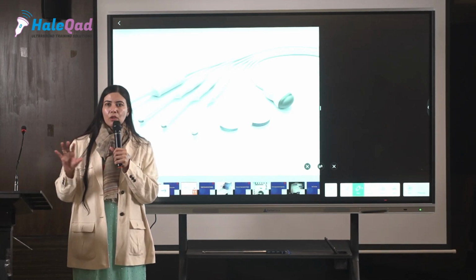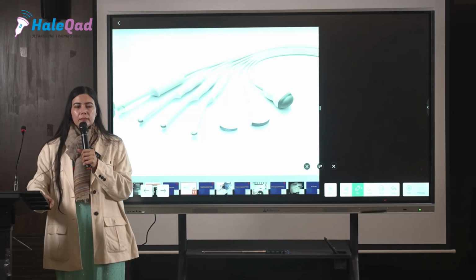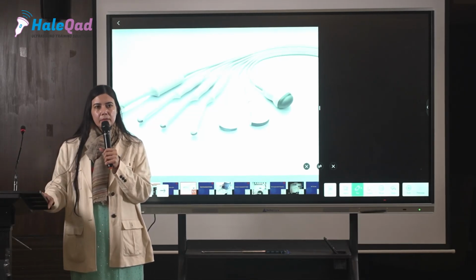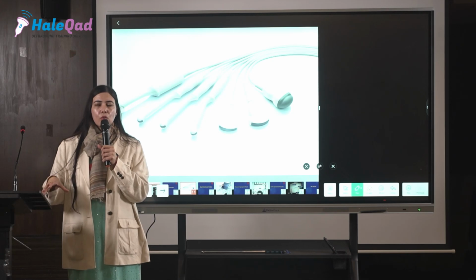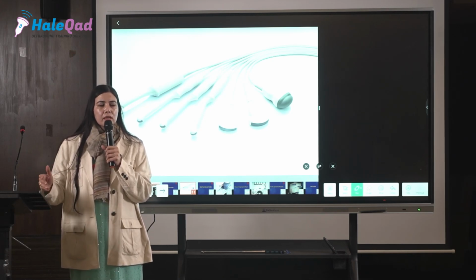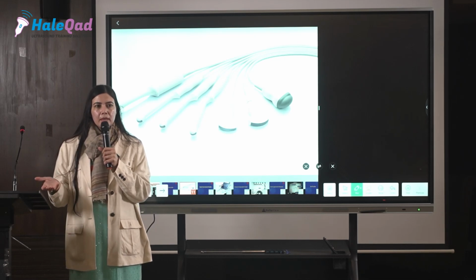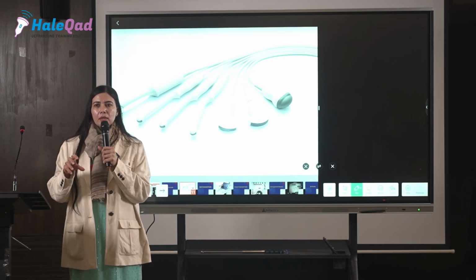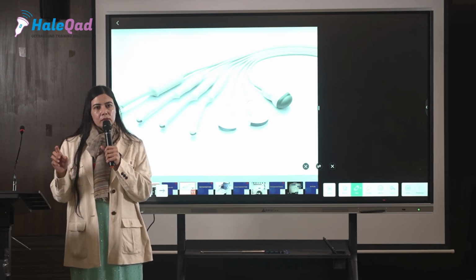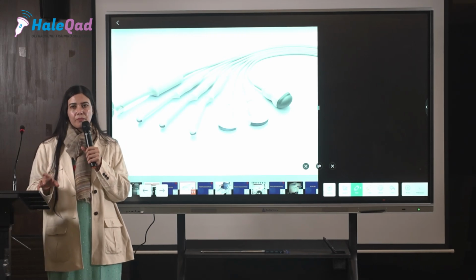We are having a set of probes with us. Whenever you are buying a machine, because most of the doctors here are beginners starting with their machine, we should know which probe we should buy. Whenever the engineer comes to you, he asks, madam, which probe do you want? Okay, doctor, what is your requirement? Your requirement depends upon the part you are interested in scanning. That is your deciding factor for which probe you should go with.